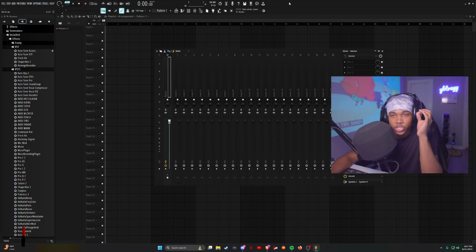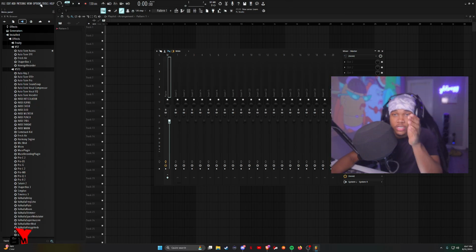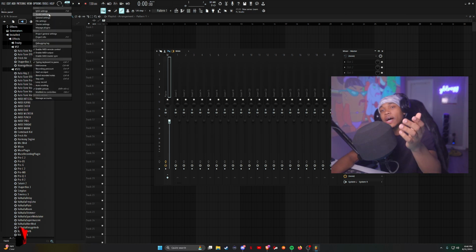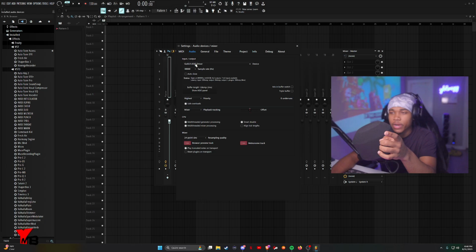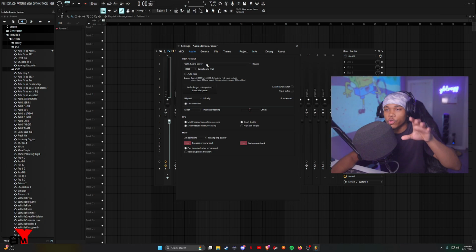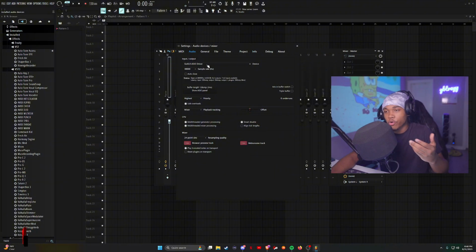First and foremost, let's make sure you're actually picking up your voice. Hey, look at the top left of your screen. It should say options. If it doesn't, then you probably cracked FL the wrong way. You need to try again. Click options, go to audio settings, then right here at input output, make sure this is where you have your mic input at. So if you have an audio interface, whether that's a Scarlett or, in my case, a